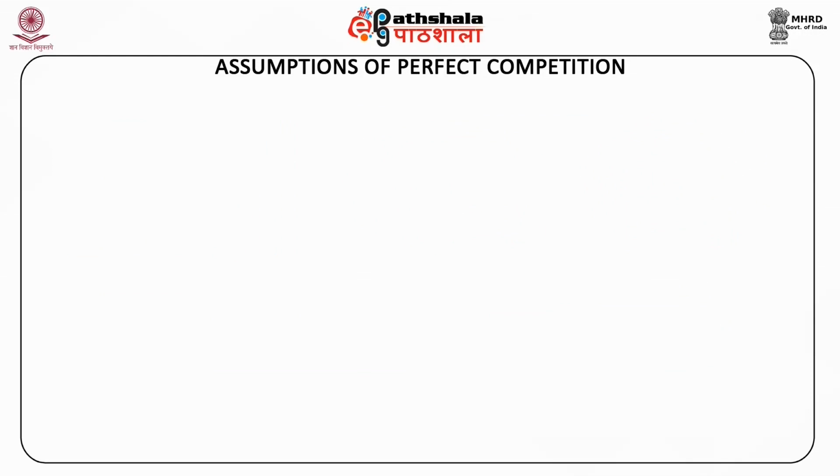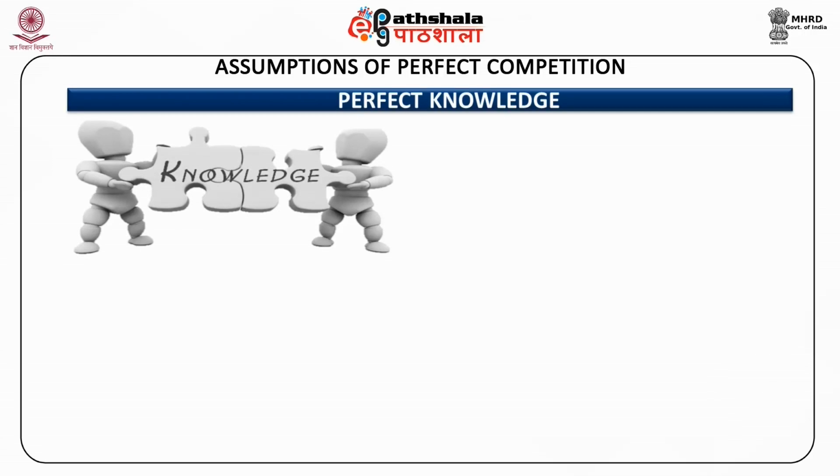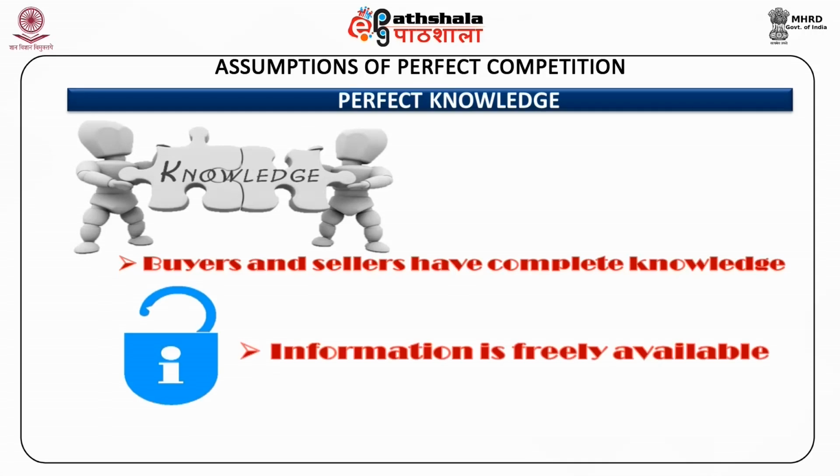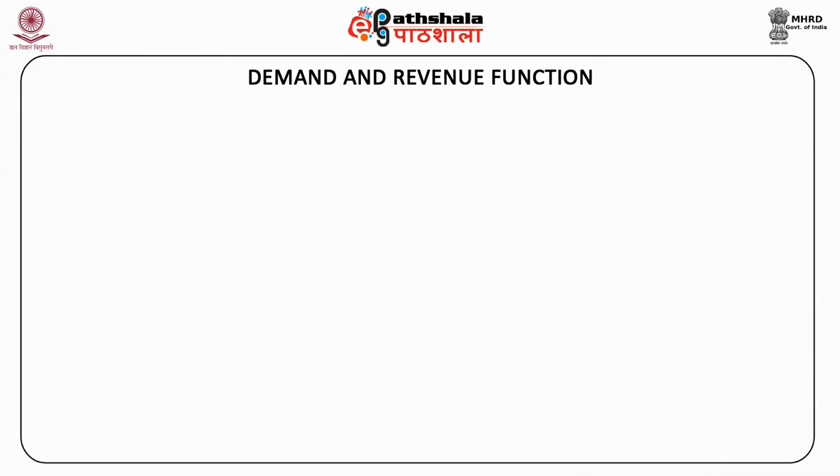Firms under perfect competition are assumed to have perfect knowledge of the market. All the sellers and buyers have complete knowledge regarding the market condition, and information is freely available to each buyer and seller. These seven are the assumptions for a perfectly competitive market. Now let us move on to the demand and revenue functions of a firm